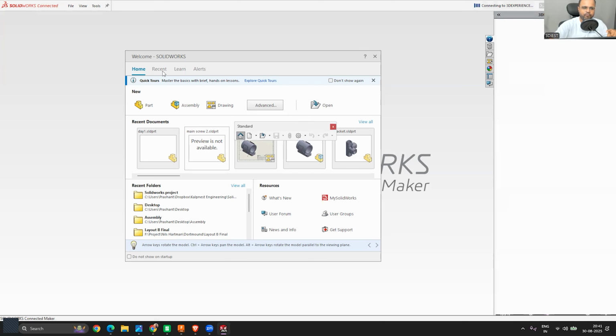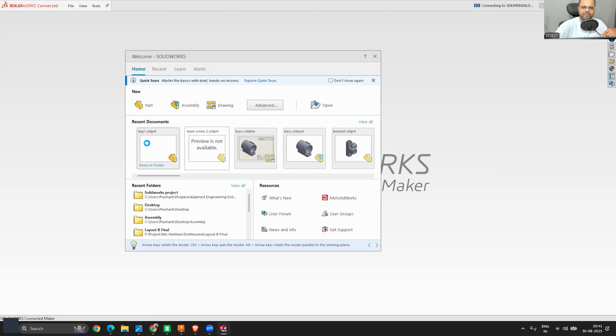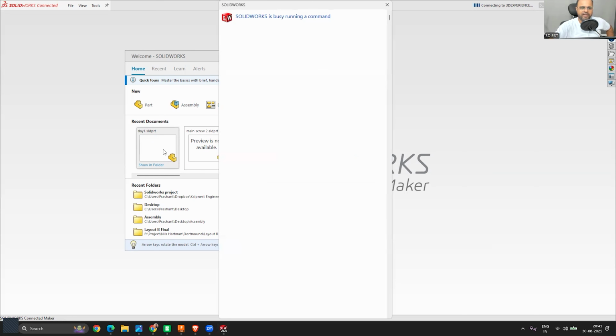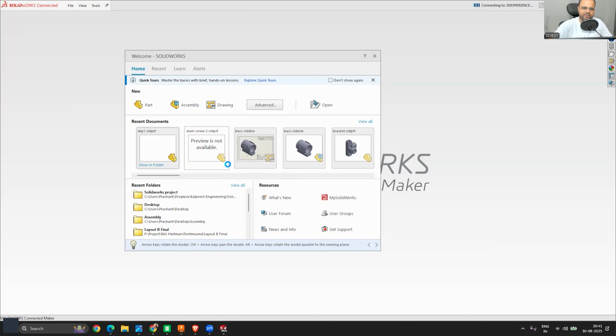So here you can see that when we relaunched the software, the last file that we worked on was day1.sldprt, and you can see that in the recent documents. So I have not lost the file. Why? Because we saved the file in the first step. That's why I told you, always develop this habit: whenever you are starting a new design, first save your file, because saving your file will save a lot of time for you. There you can see our day one SLDPRT file is available over here. I can simply click on it and it will launch the file, but the software is not ready yet, so it will take some time to launch it.